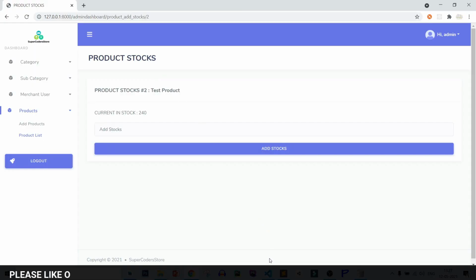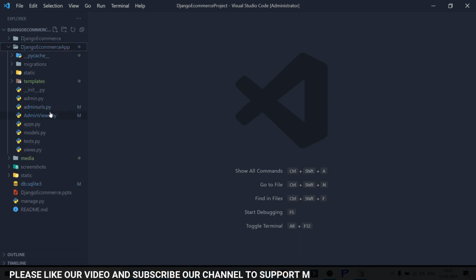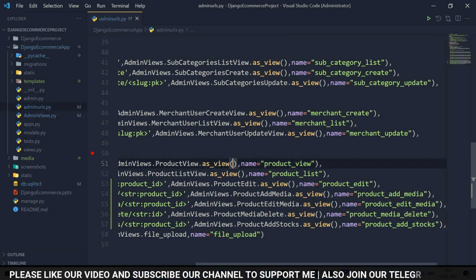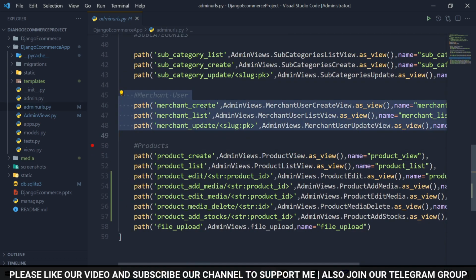So back to VS Code and open your app, open admin URLs and here simply copy the merchant user path.